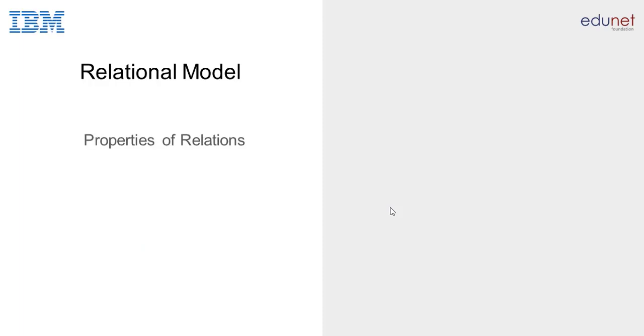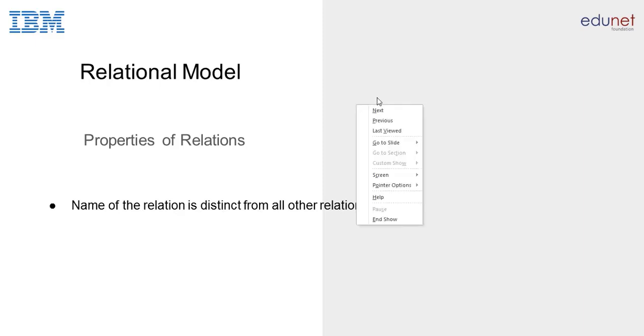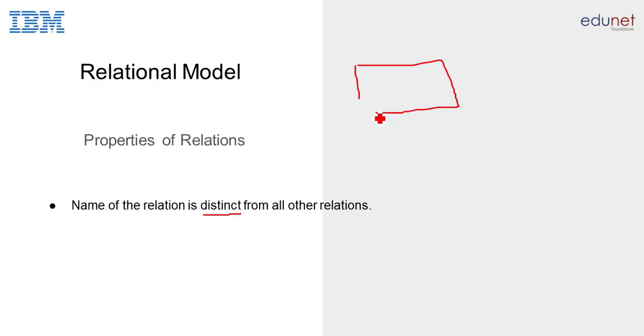Let's understand the properties of relations. The first property is that the name of the relation is distinct from all other relations. In a relational model, these are the standard properties. Suppose I am going to specify a relation between two tables. For example, student is my table,